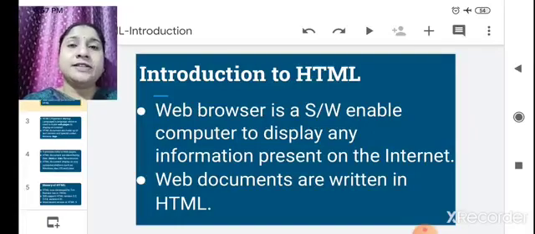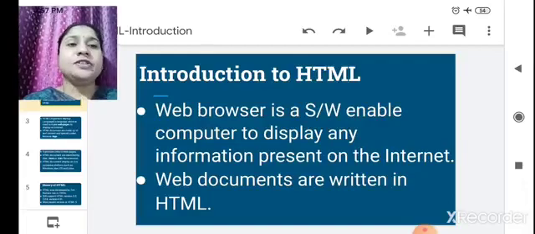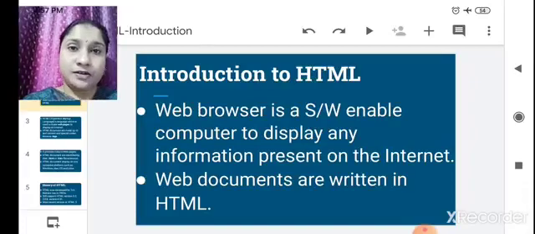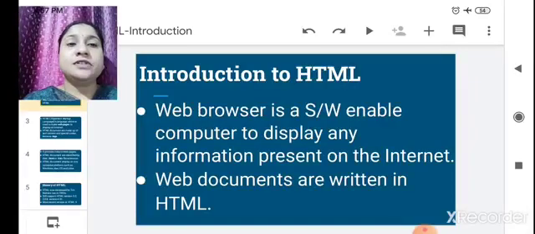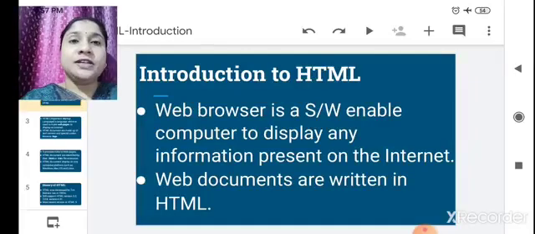A web browser is nothing but a software that enables the computer to display any information, data, graphics, videos or sound present on the internet.